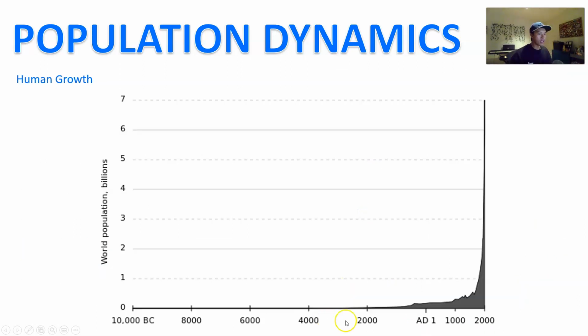Now, here is the human growth curve over the years, and you can see here, this is a clear example of a J curve where the exponential growth of humans has really taken off recently. We've gone from a population of under 1 billion people a couple of hundred years ago to now well and truly over 8 billion people today, and it's projected to only increase even more. And humans are actually one of the few species that we really don't have a carrying capacity, because we seem to know how to remove the limits of lacking resources. But it should be expected that we'll probably run out of stuff soon enough.